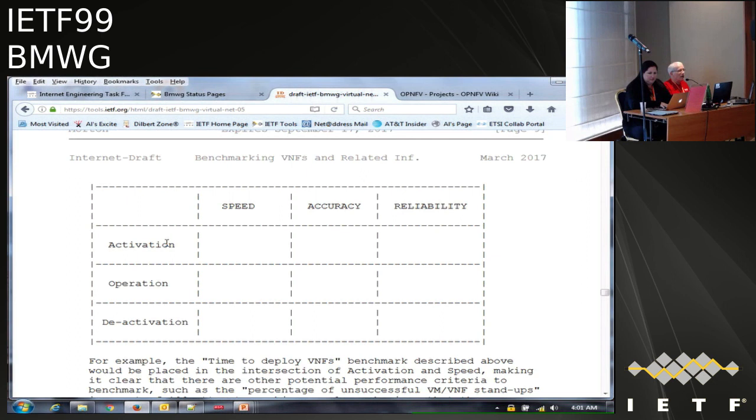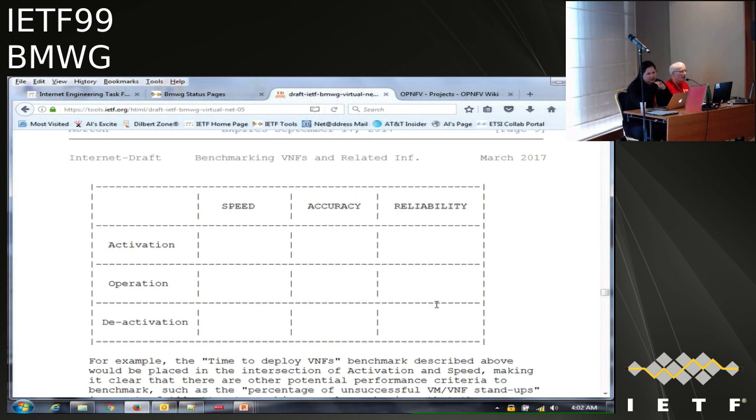So we're going to activate the path, and how long does it take? Does it get activated accurately? Is the activation reliable when it's repeated multiple times? So these are the kinds of areas that we could be benchmarking, and it's usually important that almost all of the cells of this matrix are covered by benchmarks or